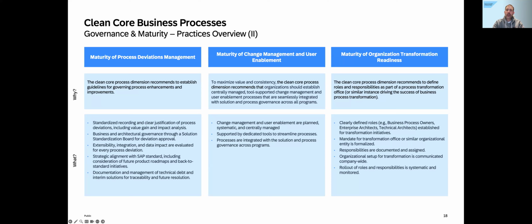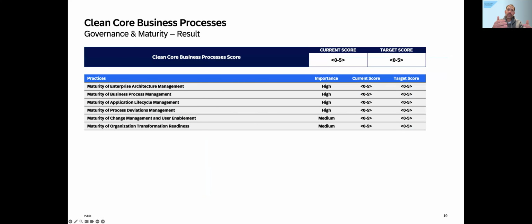But if you look into what we are asking now, in one example on the next slides, I have to say, typically this is the moment where a very good conversation starts among the different colleagues in the IT and business teams involved in the topic. Before we look at one example in process deviation management, what we also want to achieve with this clean core measurement framework is to calculate a score, because what you can't measure, you can't improve, you know the saying. We have a very simple way of doing this with what we call a current score and a target score. And it's from 0 to 5.